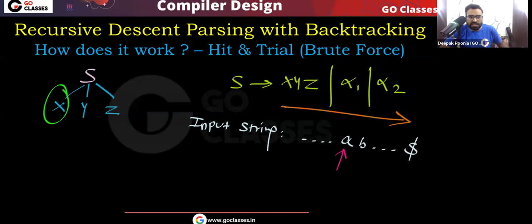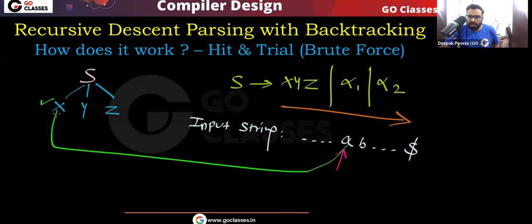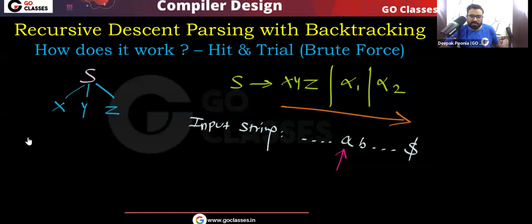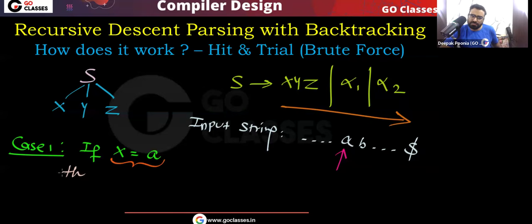So you can see, if this x is equal to a, then what? Then in that case this x is successful, because x is equal to a. We will go to y, and on the input string we will go to the next symbol. Very simple point here: this is case number 1. Case number 1 is if this x is equal to a,